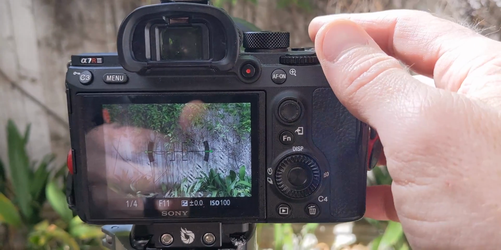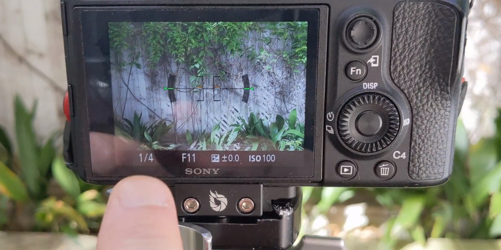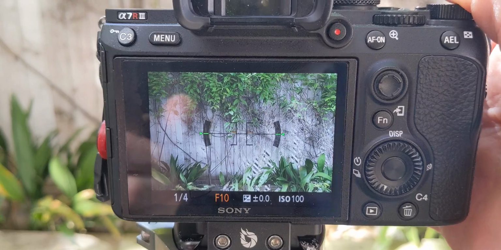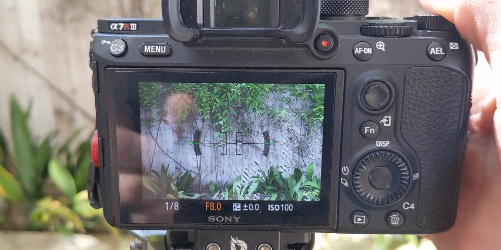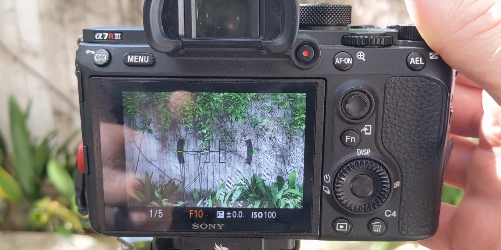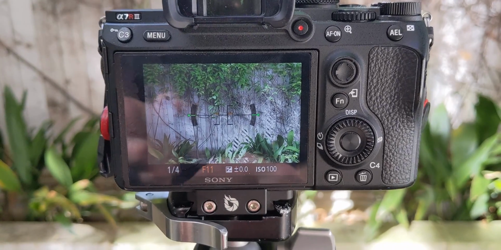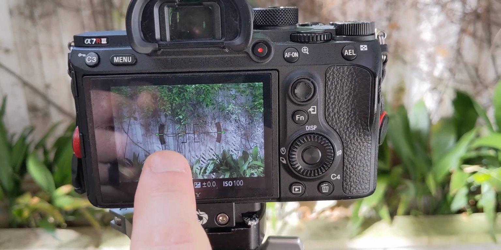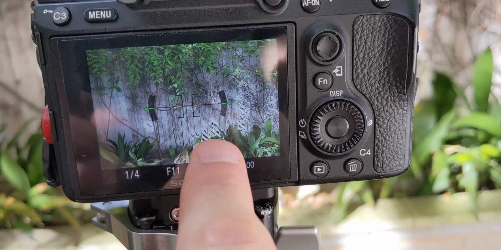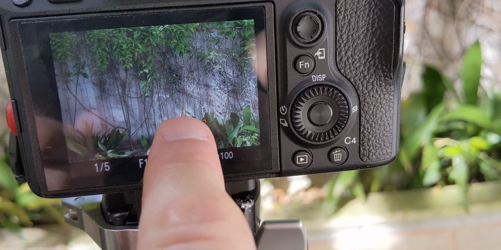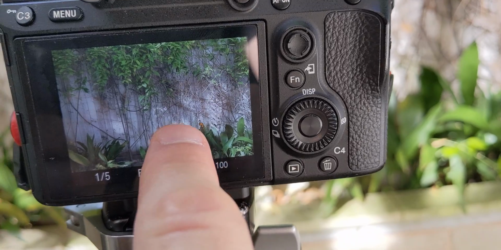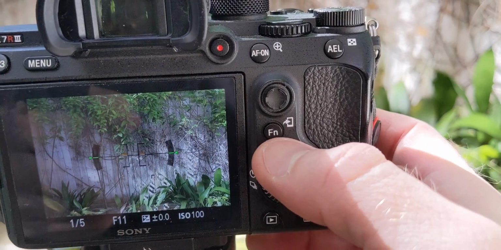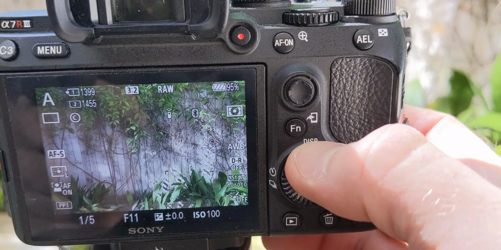We know we want to be in f11 because we're doing a landscape, and if we want to, we can go down to f9 or f8, but I like f11 if it's possible. And the camera's chosen a 1/4 second speed. You can see here that these lines are the zebras indicating that we may have a blowout in our highlights. So in order to check that, we turn on our histogram